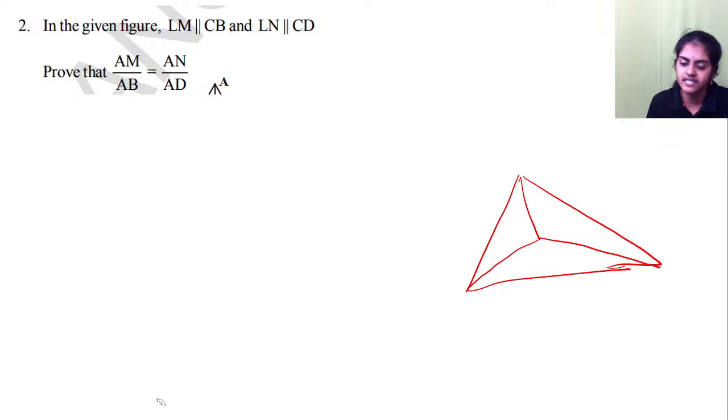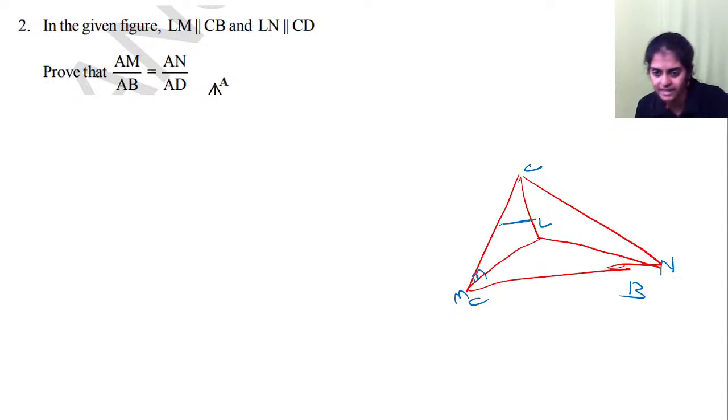Okay, so listen everyone. How do you do the question? LM is parallel to CB. LN is parallel to CD. So prove that AM by AB equals AN by AD. So try to prove this question. Here you will draw a parallel line. Since it is parallel, AC by BC is equal to